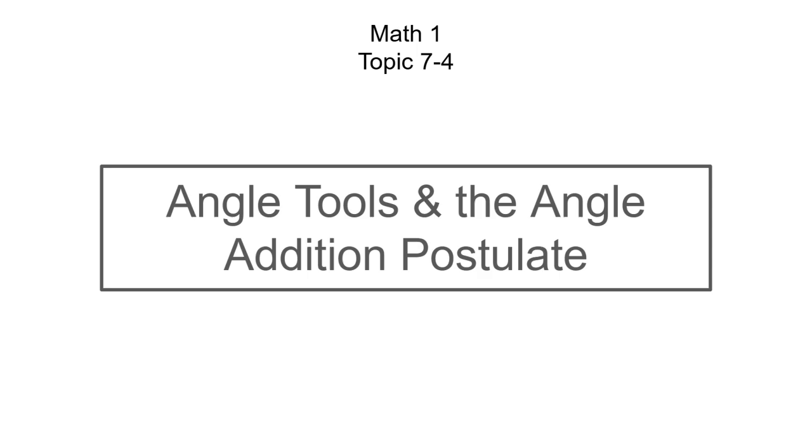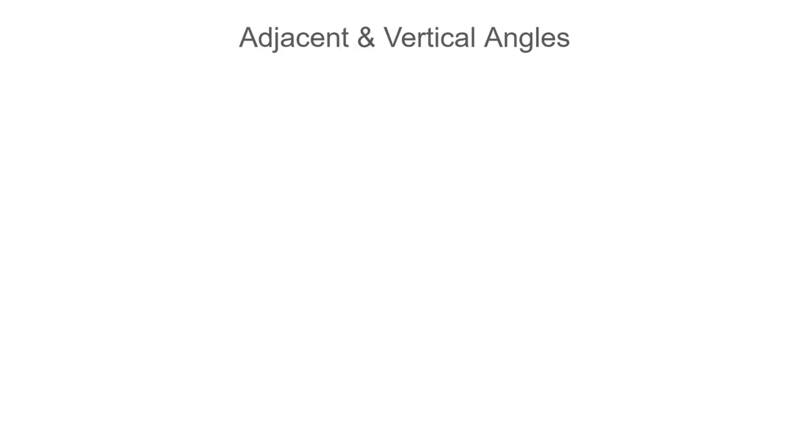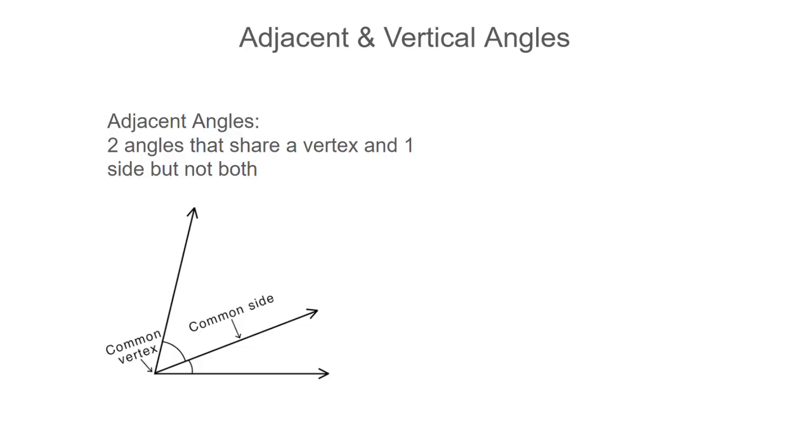Hello and welcome. Today we're going to learn to use the angle addition postulate and a few other angle-related tools. The first of which is two relationships that angles can have, being adjacent and vertical. Starting with adjacent angles, which are angles that share one but not both sides and a vertex. The reason they can't share both is because if they did, then they would overlap and not be different angles